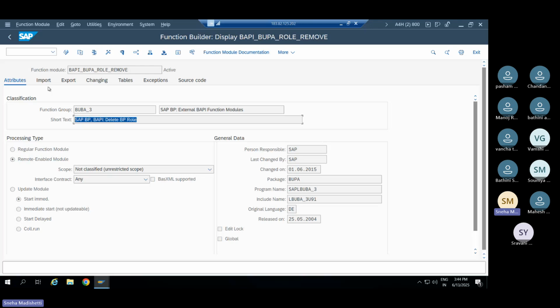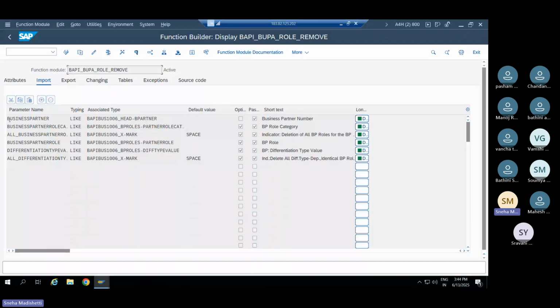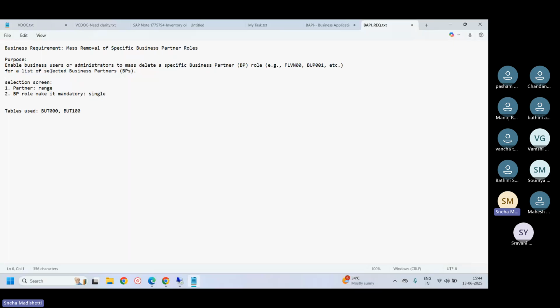Suppose if I go to import parameter, so one mandatory parameter is there. The mandatory parameter is nothing but this business partner. So here I have to pass the input parameter as a business partner to this BAPI. So this business partner, how can I get it? From the table, right? Based on the user selection. Here there is a condition. If you see a list of selected business partners, based on the user selection of this business partner, we have to delete this BP role